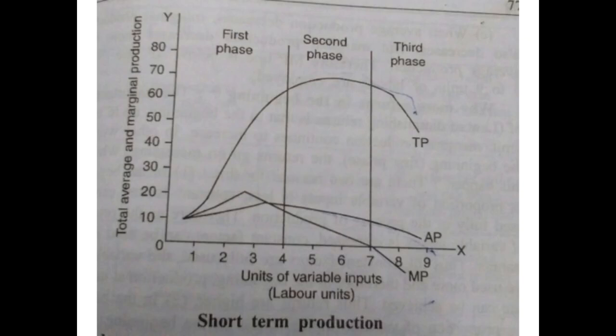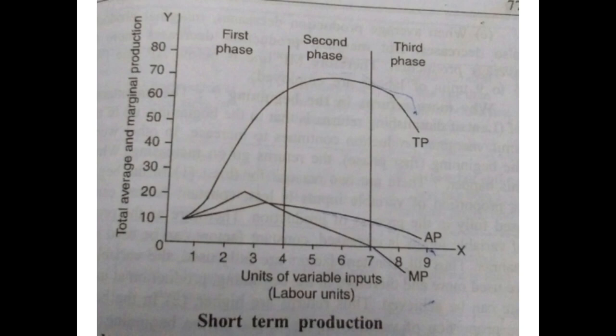Now let us take a look at the relationship between the average and marginal production lines. So what is the relationship between average and marginal production line? Statistical data and figure indicate that average production and marginal production move upward in the beginning, but MP is higher than AP in the beginning. That is the first phase when 1, 2, 3 units are employed. As you can see this in the diagram as well and in the example as well.